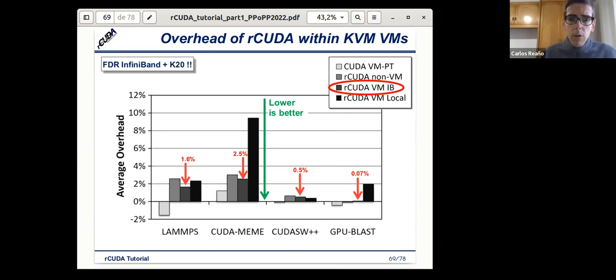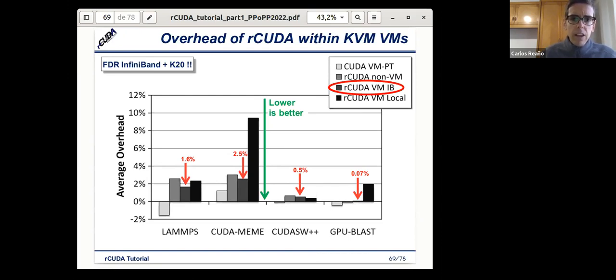And finally, in the black bars, we have the rCUDA scenario when using a virtual machine, and in this case using the local network adapter to access the GPU in a virtual way. We can see here some performance results, and the overhead.